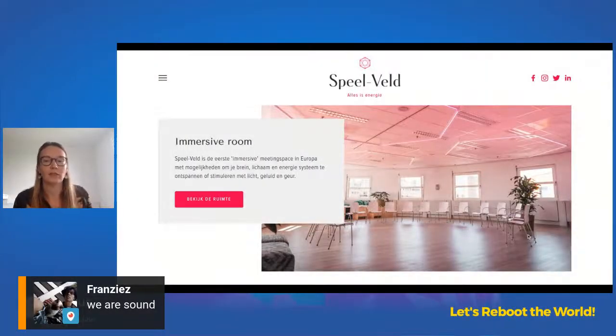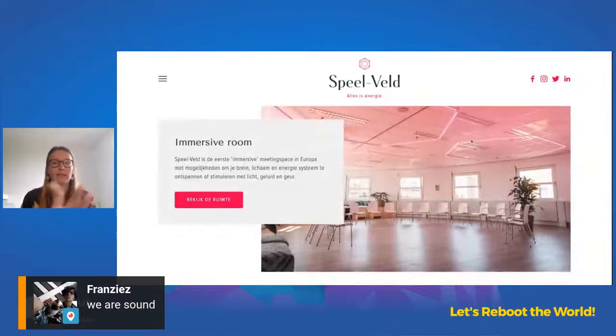So, for instance, this is our space at Seeds to Meet, and where you can see the lights, it's also with colors of lights and with frequencies. It's really about that immersion and changing your energy. And if you look at ditching the fear, for instance, these Corona times made our business very challenging because